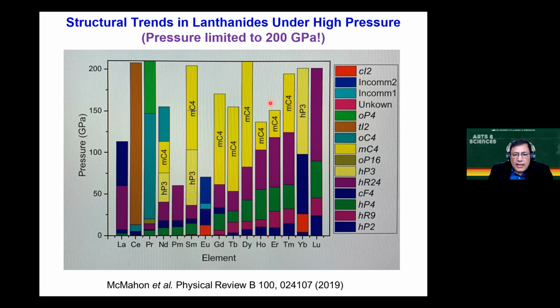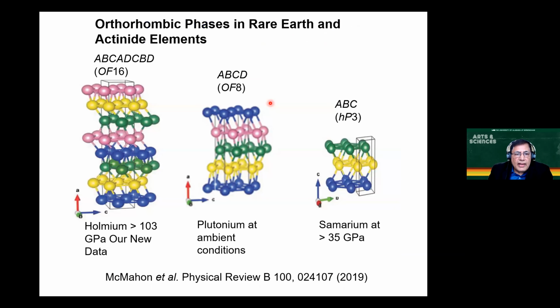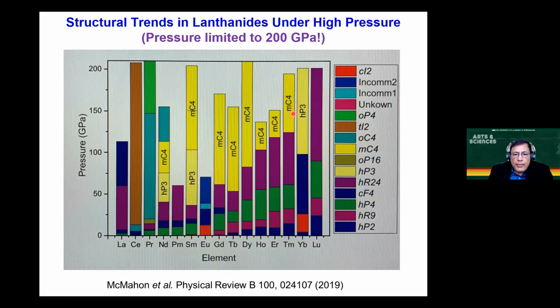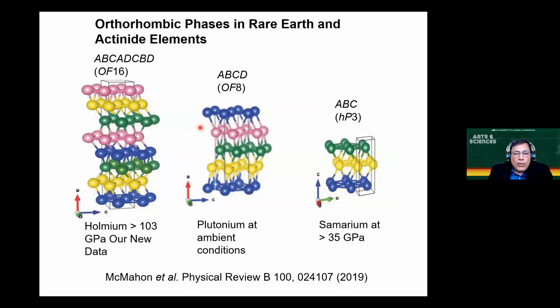So one of the suggestions which came out of this paper, if I just back off here, we have this monoclinic phase, which is called the MC4. In fact, Malcolm proposed that this MC4 can be better described. The diffraction pattern fits better for an orthorhombic 16 atom structure, which is shown here. And what is beautiful about this